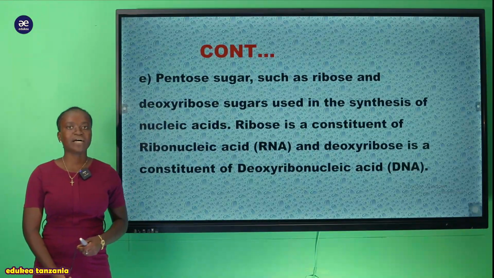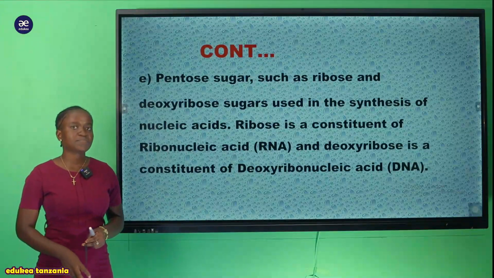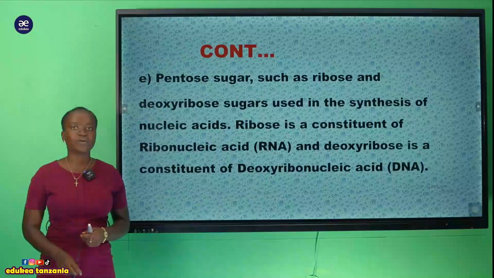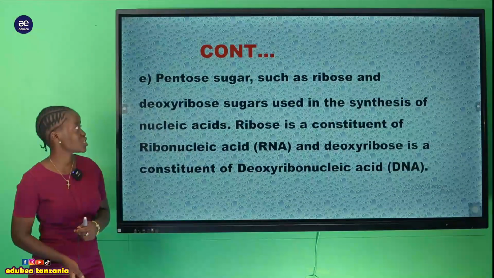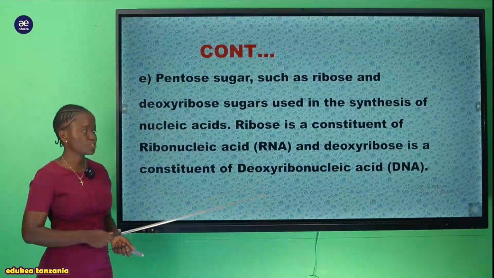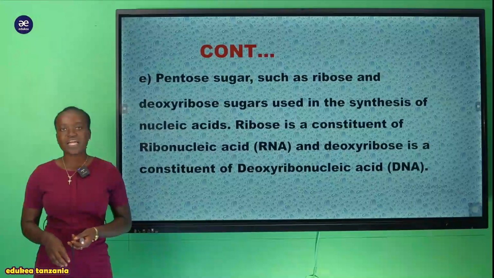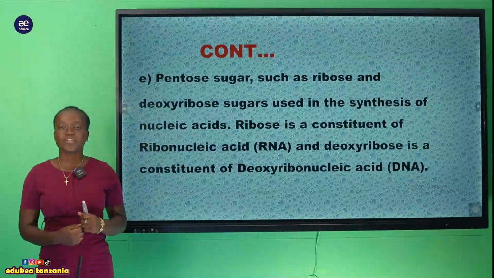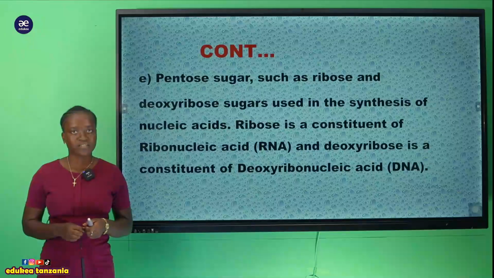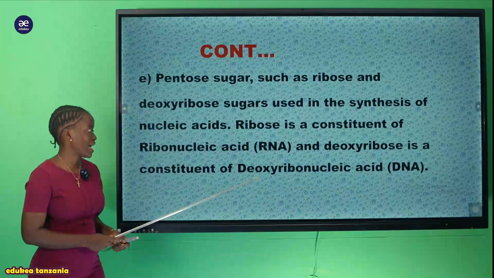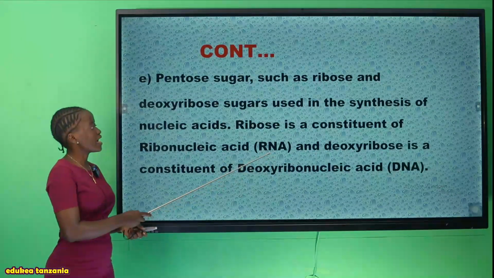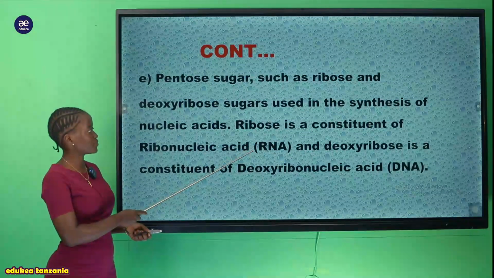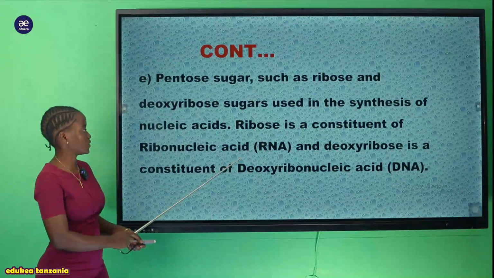Kwa maana kwamba the presence of this pentose sugar, mfano wake tumeona ni ribulose pamoja na deoxyribose sugar. Hizi deoxyribose sugar na ribulose sugar ndizo ambazo zinaenda kutengeneza zile nucleic acid, ambayo hapa tumeona RNA. Kuna umuhimu sana wa kuwa na hizi 5 carbon compound, kwa sababu zinahusika kwa ukubwa sana kutengeneza